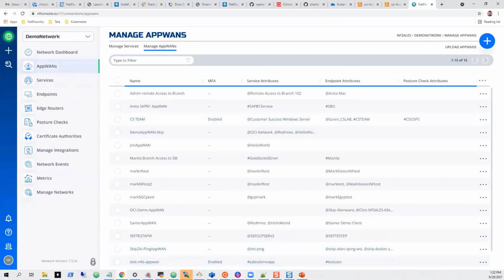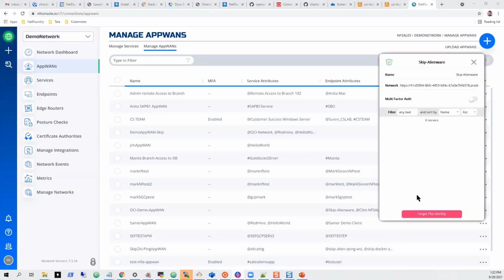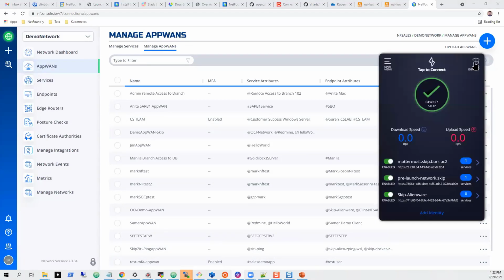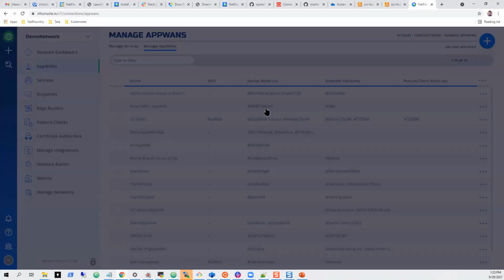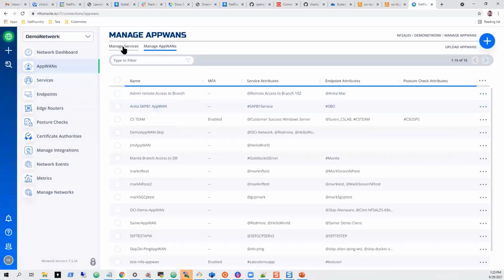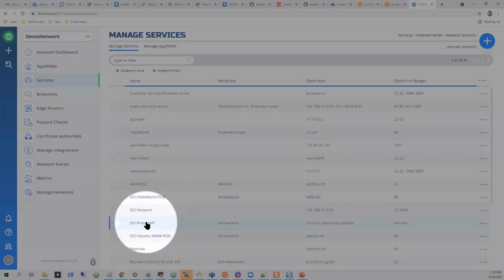You'll notice on my client from my PC, this is my PC, my endpoint on the diagram. I have no services defined. And these guys are not coming in yet, it doesn't look like. So let me put that in here. Okay, here they are. So I have Hello World, I have OCI Private API, and I have my Ubuntu services.